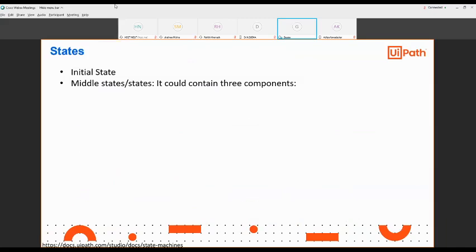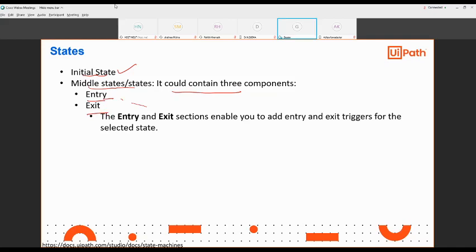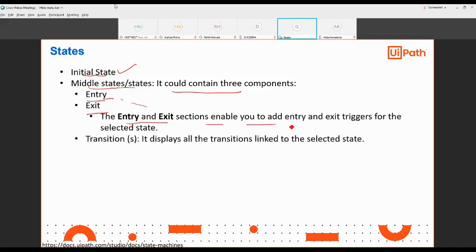Okay. Let me again show the initial state and middle state. Just a small description. There are multiple states; the initial state could be there, the middle state is there. It could contain three components: entry state, exit state, and transition. The entry and exit section enables you to add an entry and exit trigger.